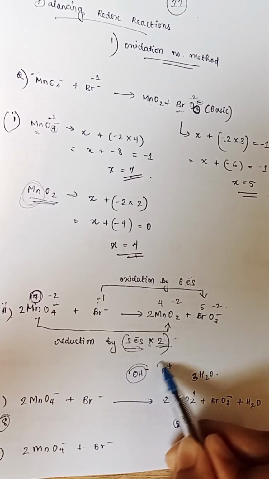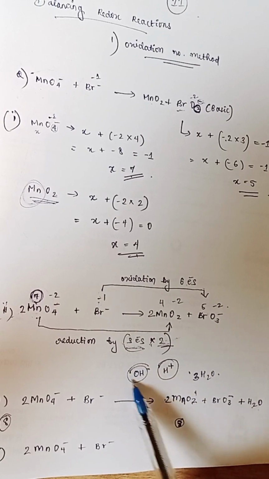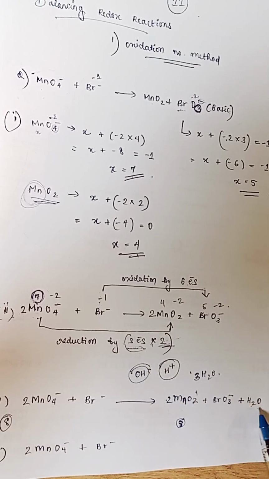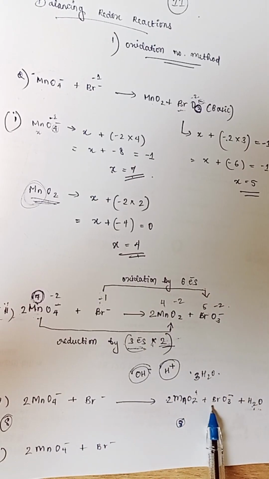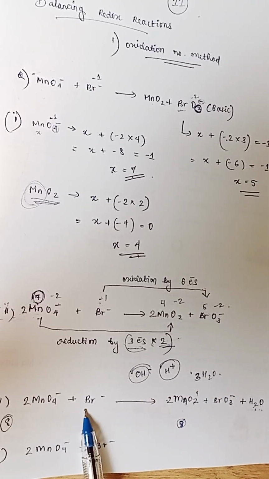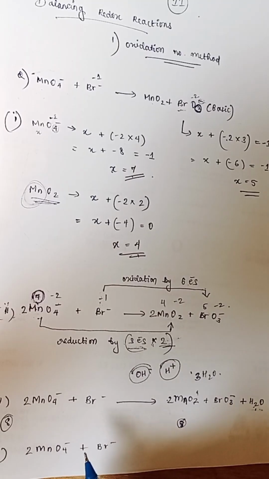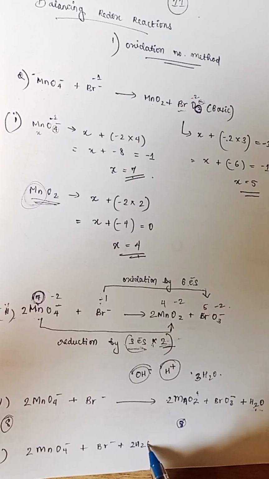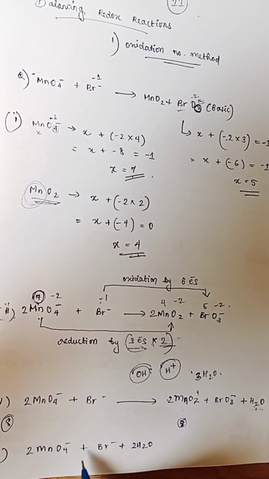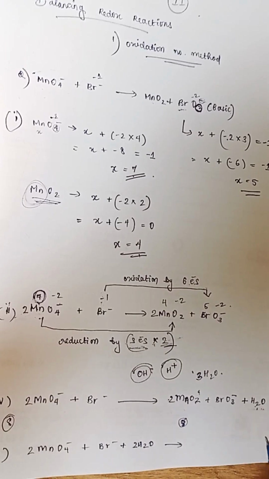So OH minus and H plus. Here, since this is basic medium, you need to add OH minus to the side where H2O was added. So if you need 2 hydrogens over here, you need to add 2 OH minus here and 2 H2O here. So here, how many hydrogens do we need here? 2 hydrogens, right? So plus 2H2O. You get it? You need 2 hydrogens here, so you add water to this side, which will give you